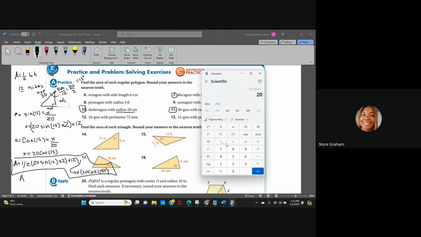And then I have 15, 20 times, I'll do 15 sine in parentheses times 2 times 12. All right. Times, I'm going to put this in parentheses just to be safe, 20 times 15